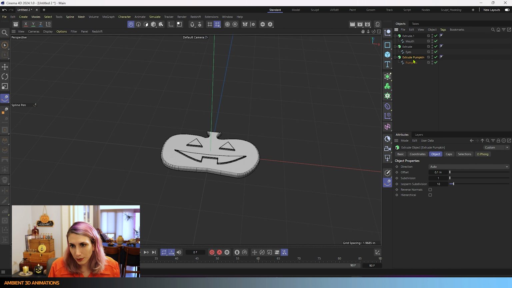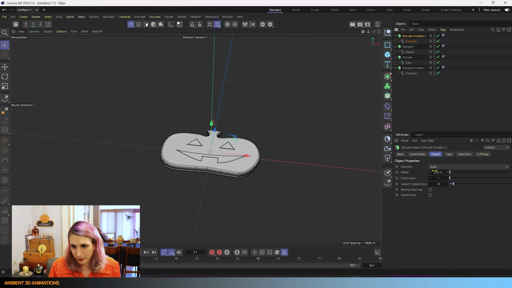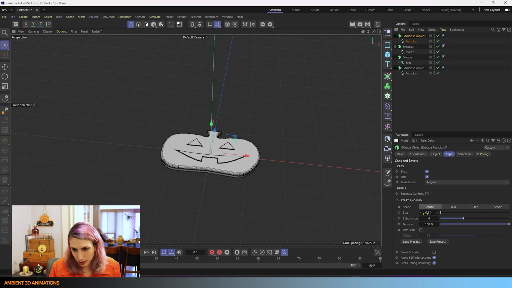And let's say we want to copy and paste this, Command C, Command V. Now I can reduce this offset even more to 0.05 for the copy and bring this up here. And we can use this as frosting, so I might even reduce that further. It needs to be pretty small actually.